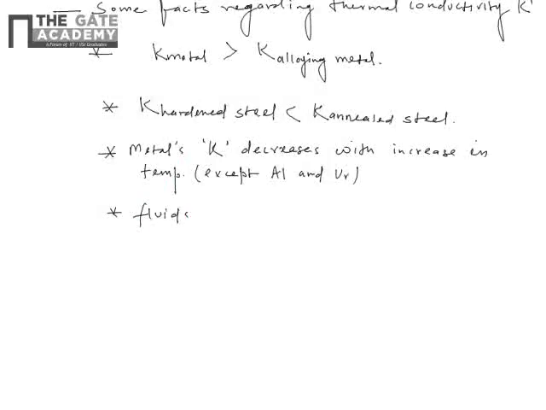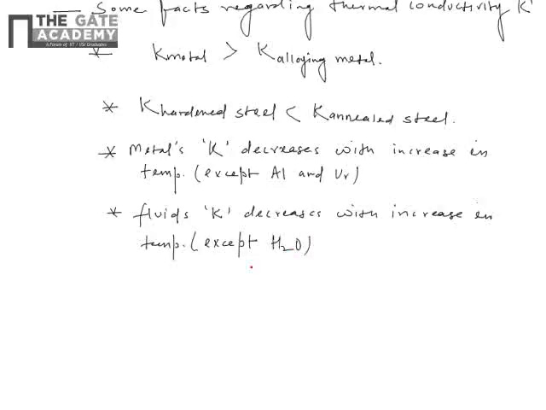For fluids, conductivity K decreases with increasing temperature, except water. So the thermal conductivity of any material is written as K is equal to K naught times (1 plus alpha T),